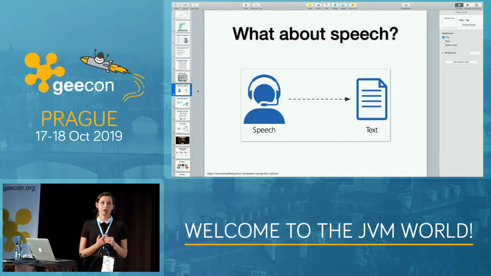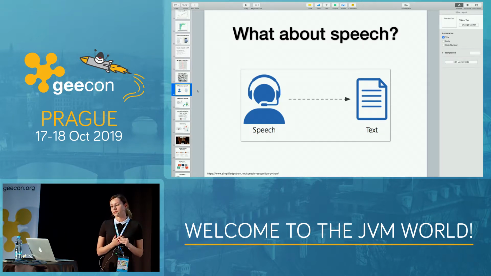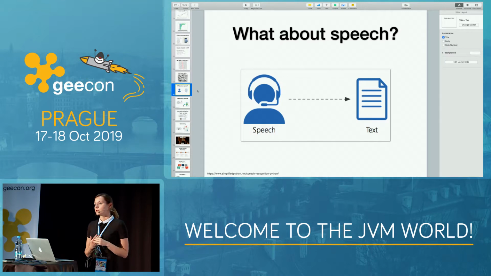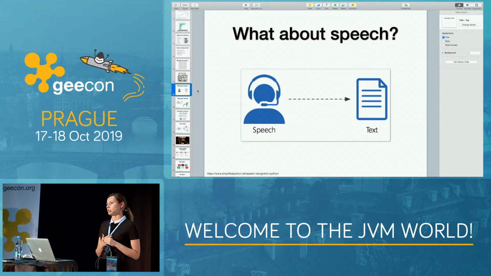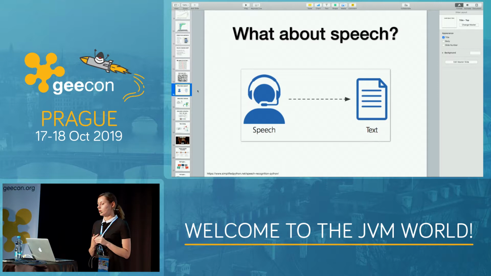What about the speech? Because there are a lot of chatbots that use speech instead of the text information. The answer is pretty simple. Speech is actually converted to text, and you're using the same techniques as before. If you want to use your chatbot as a speech chatbot, voice chatbot, you just then convert text into speech again, and that's it.